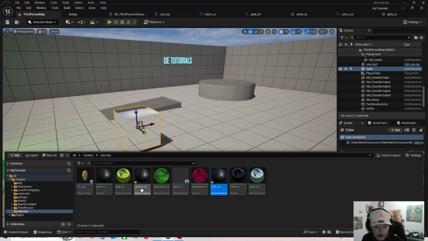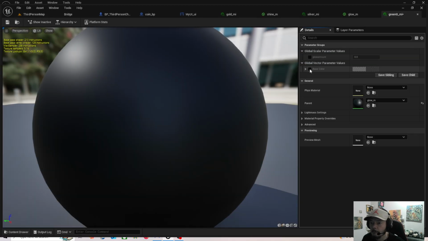Then open up the green glow one you made. See how it's got 2 little stars next to each one? That's because they've not been saved yet. Anything that's got a star on it means it needs to be saved still. So open up the green one. See, you've got base color and glow amount. So if you click on base color and turn this to a green,